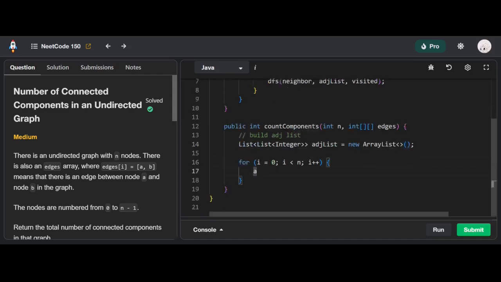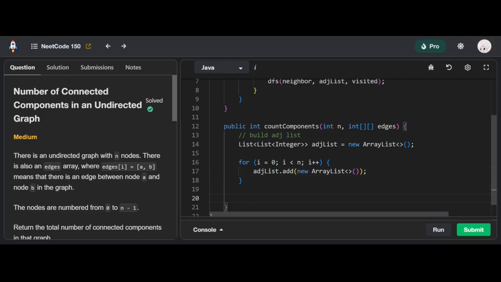And then for each node, we also want to have a set within a list within that list. So we're going to say adjacency list dot add new array list, like so. Boom. Okay, so now we've got our adjacency list